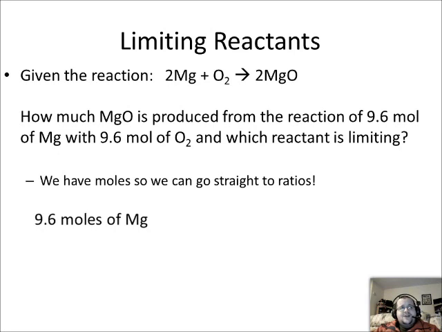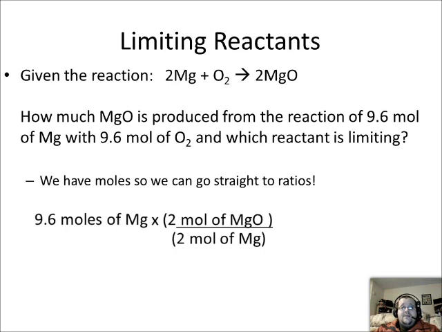We're going to have to predict how much MgO, or magnesium oxide, is produced based off of the magnesium and based off of the oxygen gas. So let's start with the magnesium and then we'll work our way to oxygen gas. We have 9.6 moles of magnesium. If you go to the ratio, it's 2 moles of magnesium for every 2 moles of magnesium oxide. 9.6 moles of magnesium, your moles of magnesium cancel. Multiply it by 2 and divide it by 2, we get back what we started, 9.6 moles of magnesium oxide,